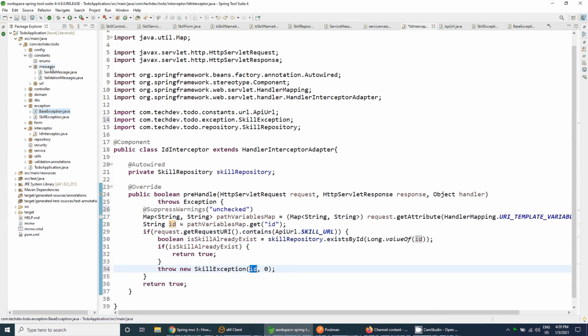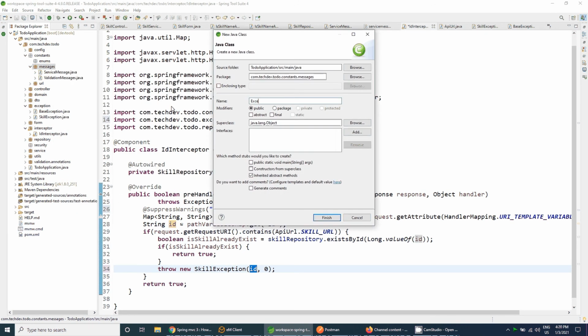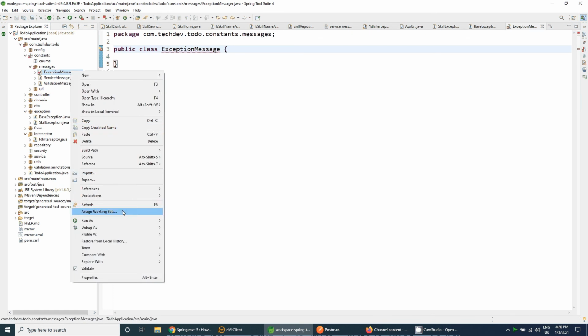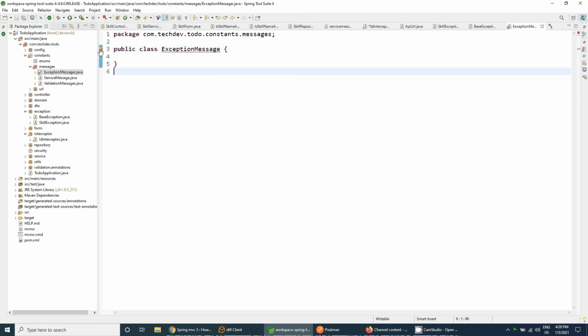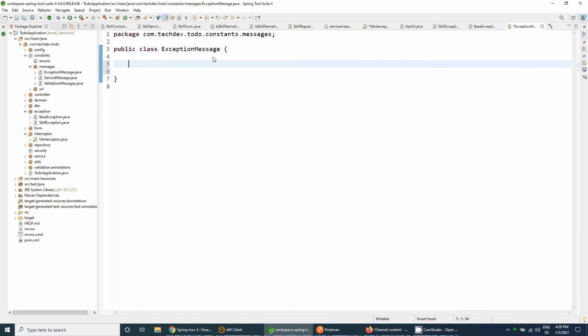Inside this message package, let's create a class for exception messages. Let me rename the file also. Inside this, we will have a private constructor.